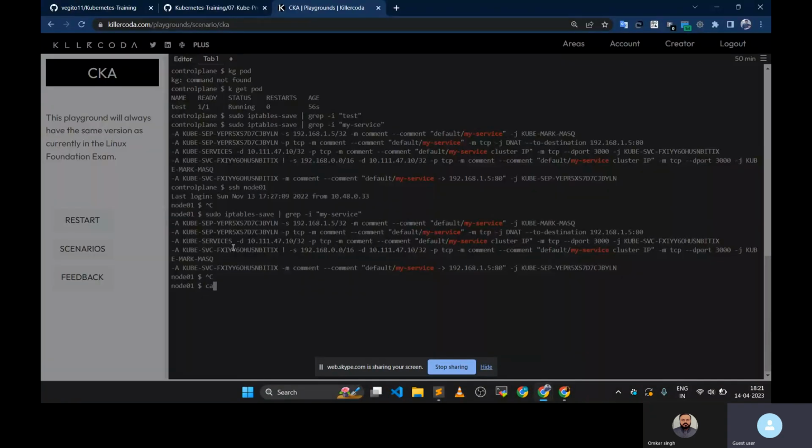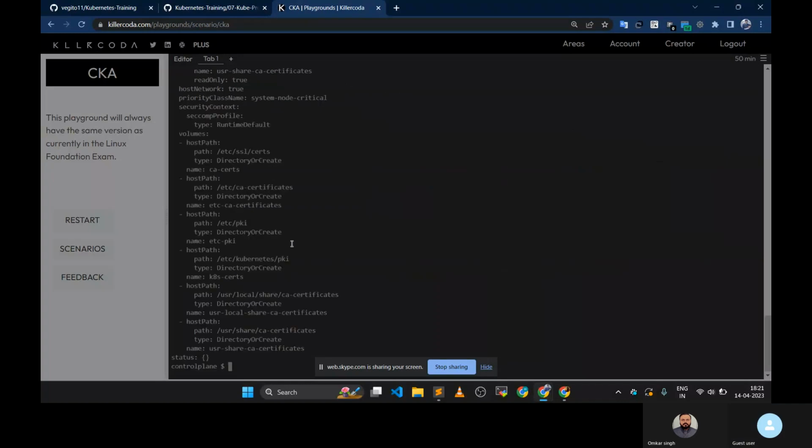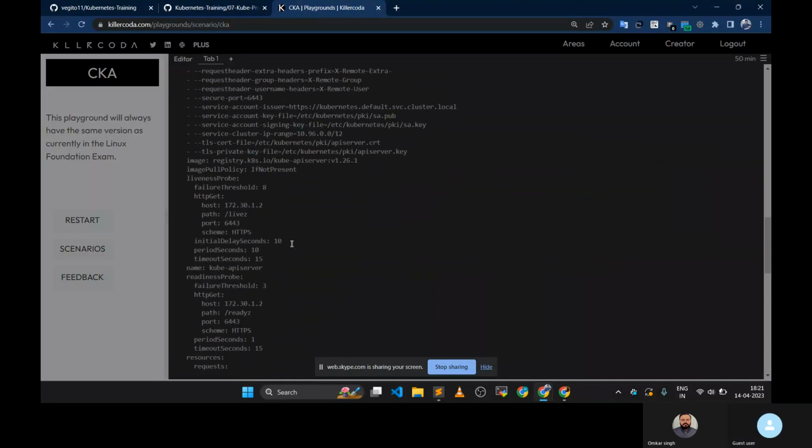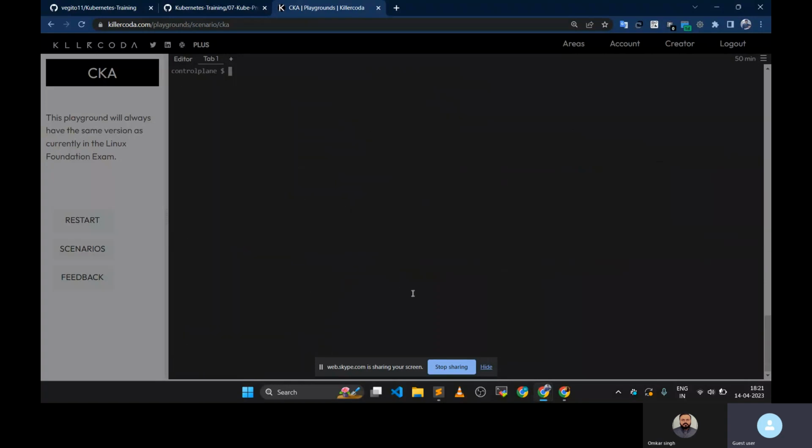If you see cat /etc/kubernetes/manifests/kube-apiserver, these are the cluster IP ranges. These are the ranges for the service, and there are different ranges for the pod. That we are going to see when we create a cluster. Now if you do get svc,